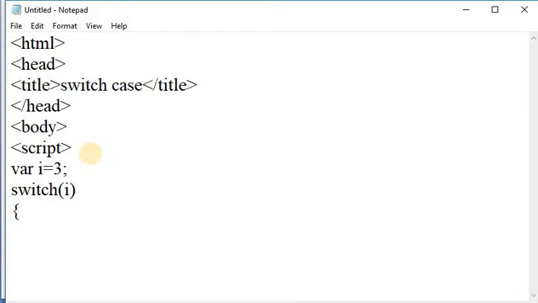Open the switch case. Here give case 0 label, end with a colon. Semicolon, not a semicolon, it is colon. And here I am taking document.write, i is 0.